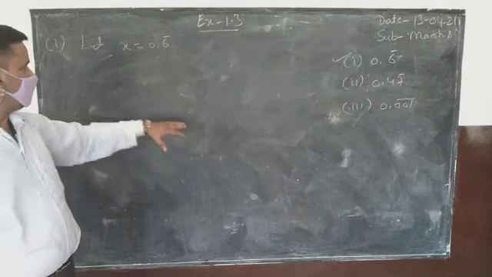Same thing, you check how many digits have the bar, and you multiply by the same number. If a single digit is repeating, you multiply by 10. If two digits are repeating, you multiply by 100. If three digits are repeating, then in this form